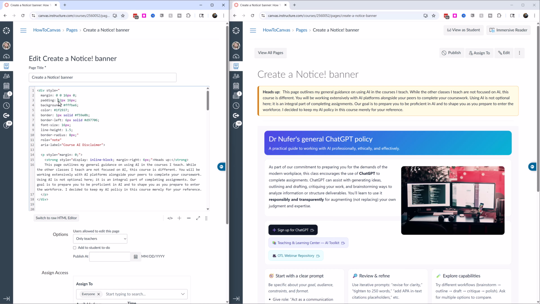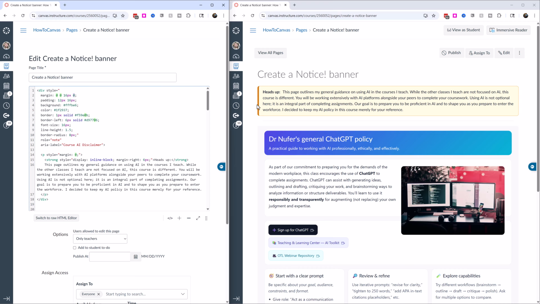And since there's 2, this first number is the vertical, so the north and the south. The top border, in between that and the words, and then the south and the words is the same, that's 12 pixels, and then 16 would be east-west. So if I were to write it like I did the margin, I would write 12, 16, 12, and